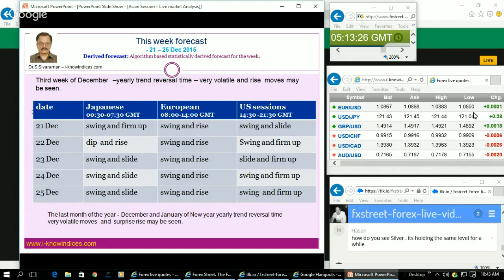And later on, from the midweek, they will come to the majors, euro and GBP, and start gaining the levels. And also at that time, gain the levels in the case of USD yen and USD CHF, drop the level in the case of USD CAD, and rise the Australian dollar. That sort of moves they are expected to do. And this is the expected market move for this particular week.